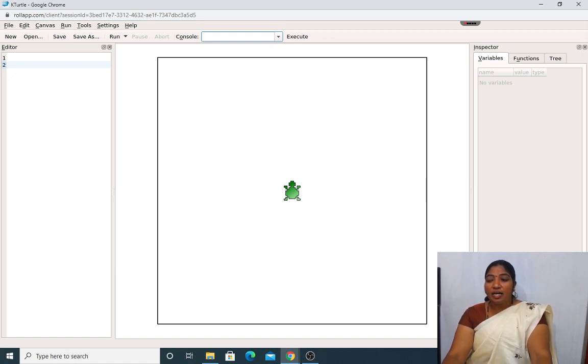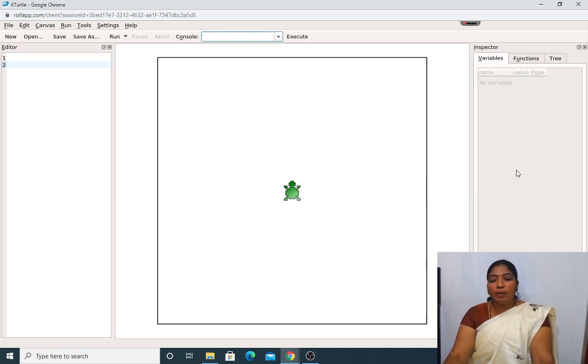Okay, my dear students, the commands in KTurtle can be translated into different languages. One can learn a programming language in one's own native language using KTurtle. This is one feature of KTurtle, allowing the user to learn in their preferred language. But as this is a CBSE school, we will prefer to learn in English. All this can be seen from the status bar.